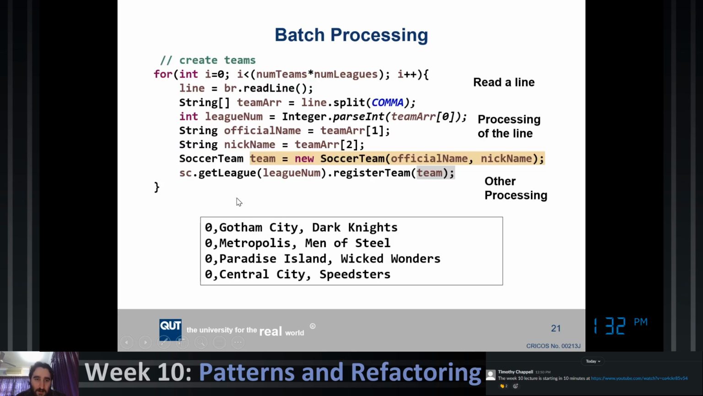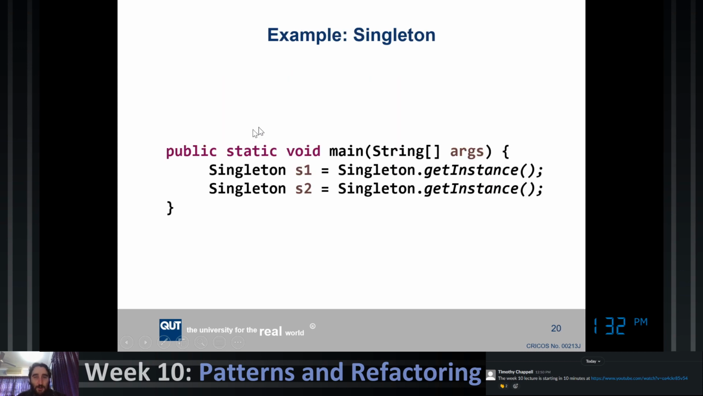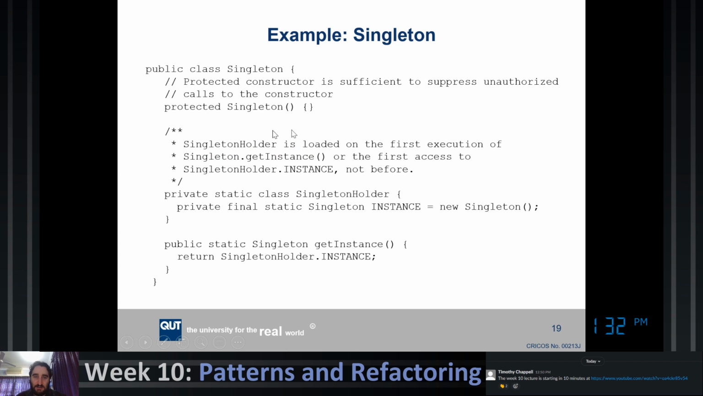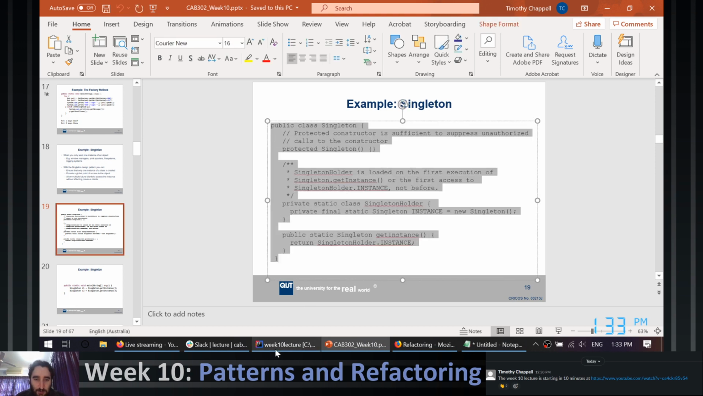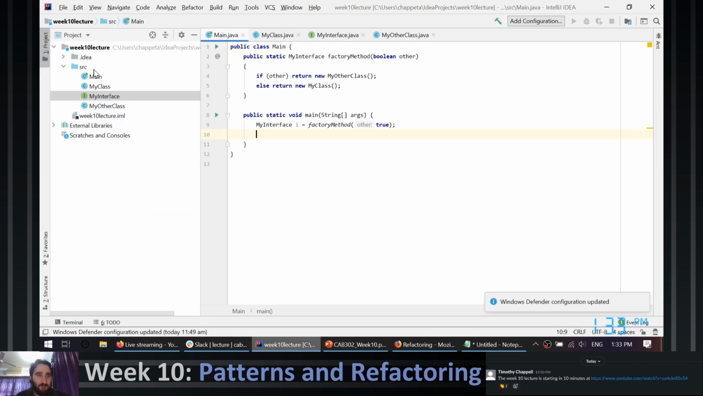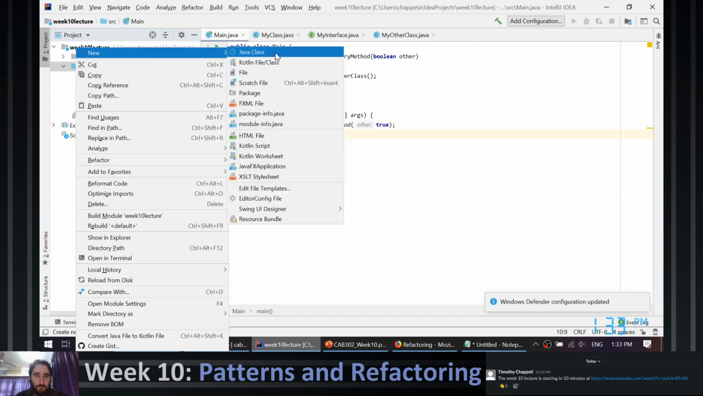I'm not sure if this is the right slide, but I'll just give a bit of an example of how we might use something like that. So I might just go and copy paste that code. Hopefully it doesn't get broken up too much by this. If we go and create our singleton here,